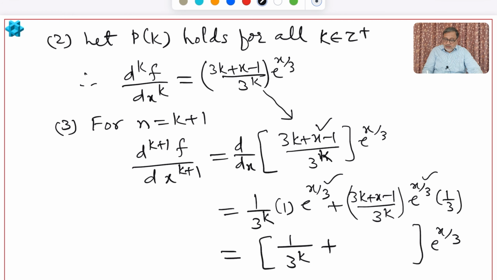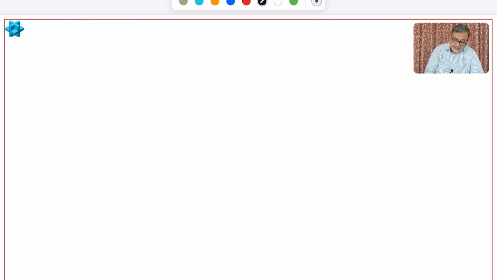Now this will be the denominator. Here it will be this and this, so the powers will get added. So 3 to the power k plus 1. The numerator will remain the same, 3 to the power k plus x minus 1, right? I hope you understood this. Okay, is equal to,